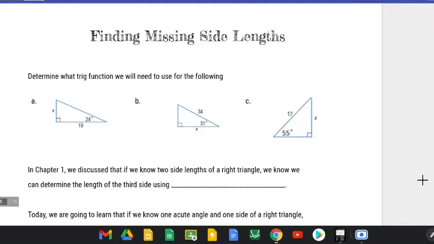Today we're going to talk about finding missing side lengths using trig. So first, we're going to practice and see if we can determine what trig function we will need to use for the following triangles. Looking at A here,